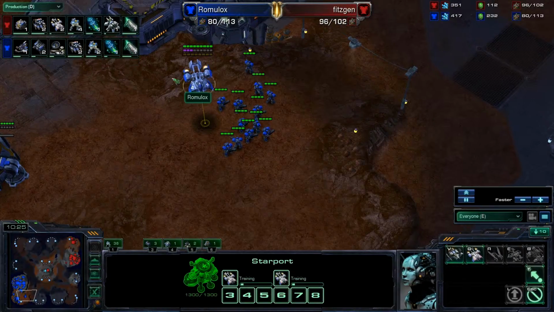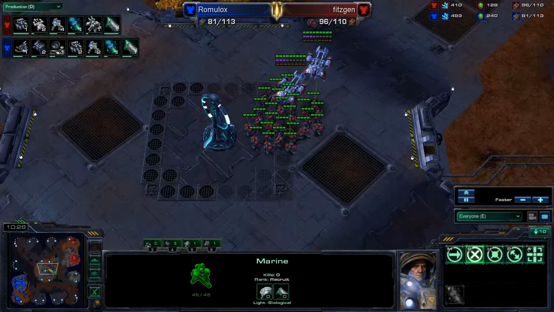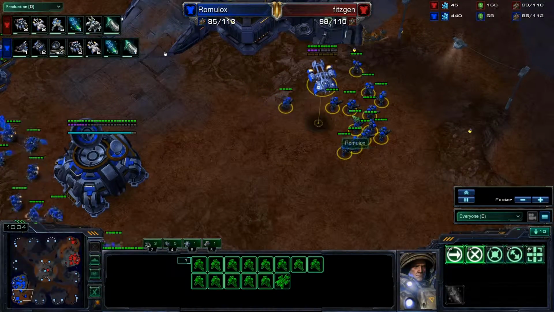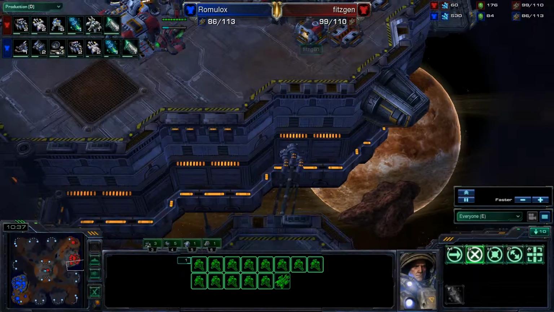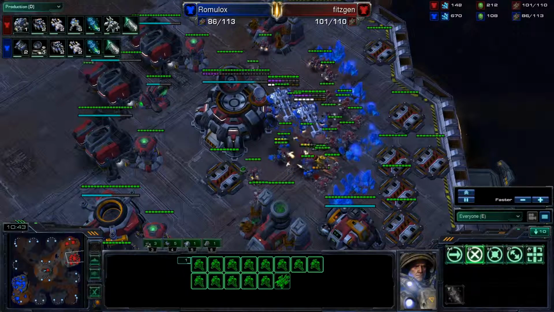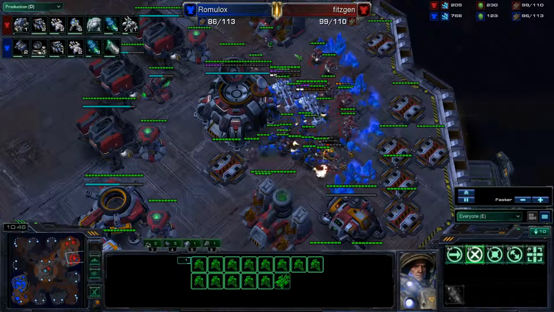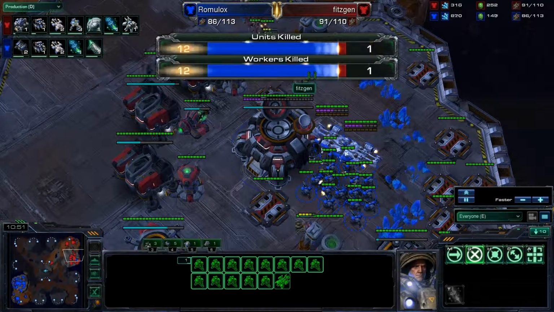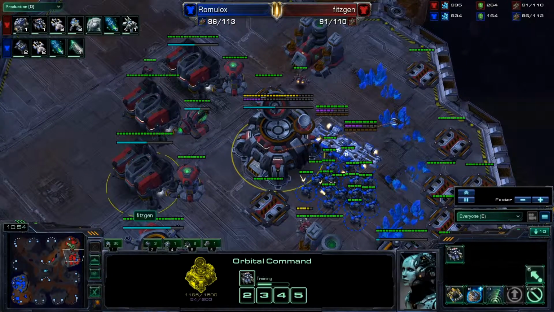We'll have to see. We'll have to see if fitzgen also sees this and just decides to push for some sort of base race, as he knows his opponent's forces are split in half. So the drop going to go down right now, and he's going to just start tearing away at SCVs. Mule going to go down possibly. Yes, so lots of SCV kills right there, 12 killed, and he's going to start focusing down the hatch, and